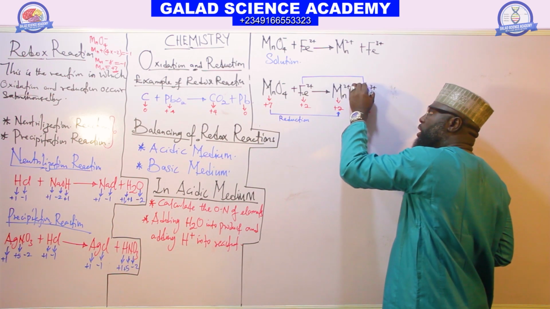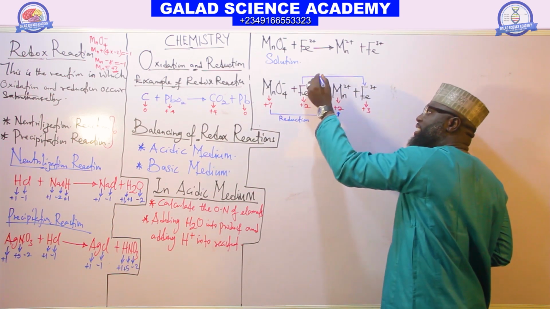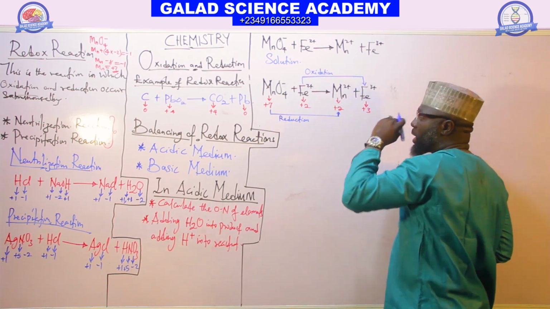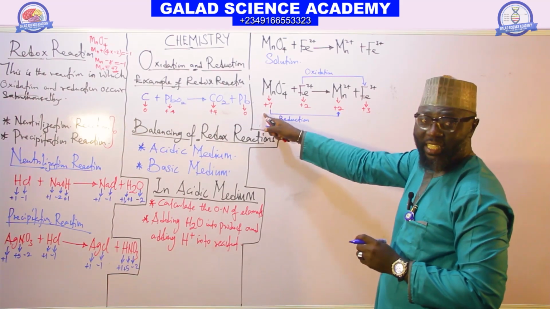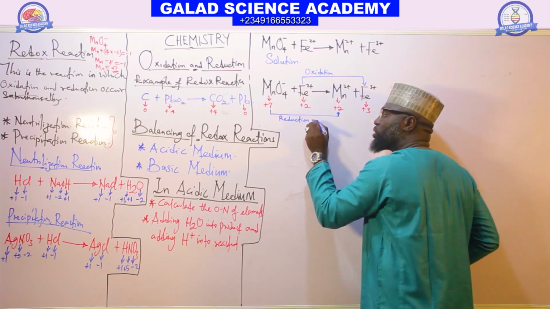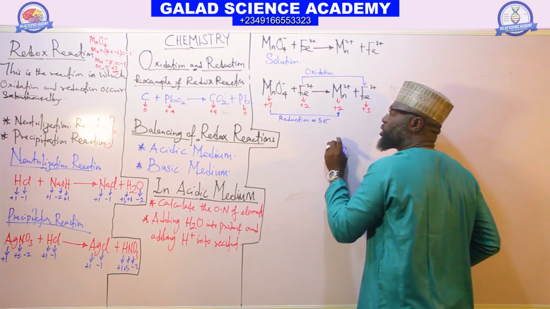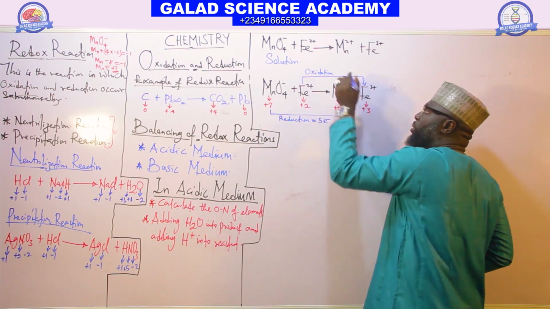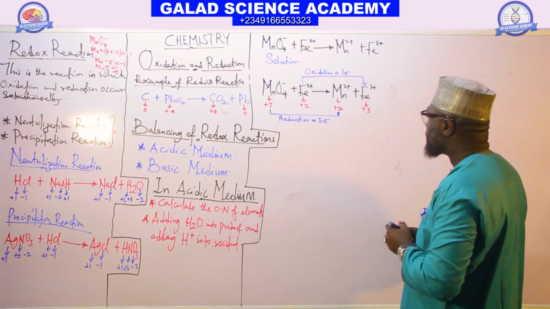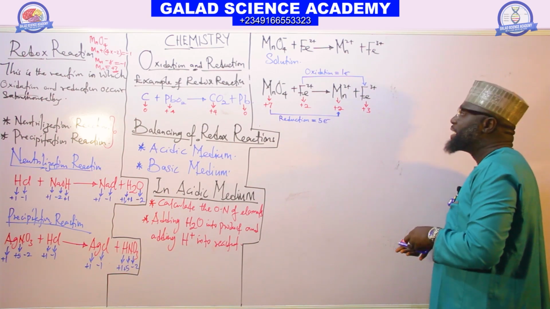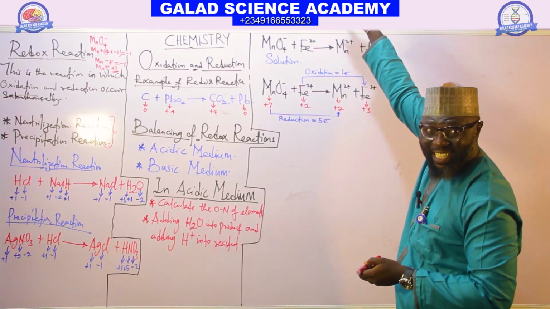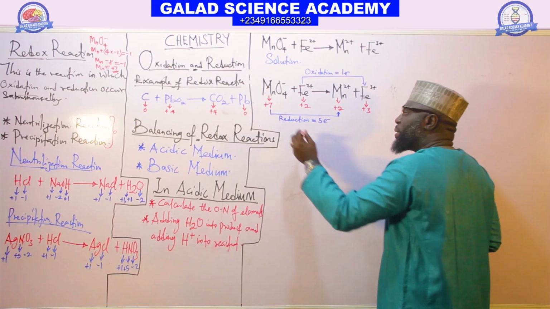Iron goes from plus 2 to plus 3, which is an increase, so iron is oxidation. But look at manganate, that is decreased. It is decreased by how many electrons? Decreased by 5 electrons. The iron increased by 1 electron. So if that be the case, the number of electrons by which the oxidation used to increase, you will multiply